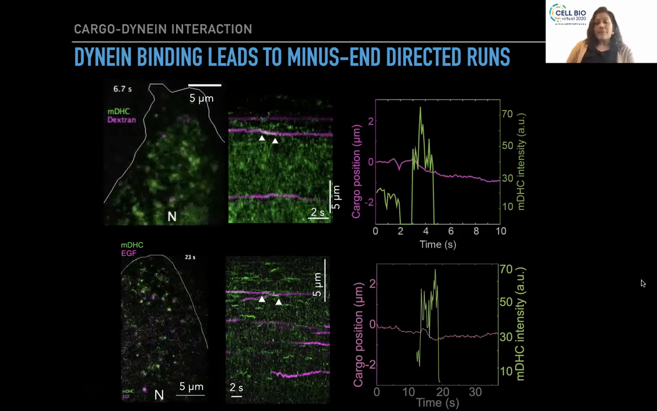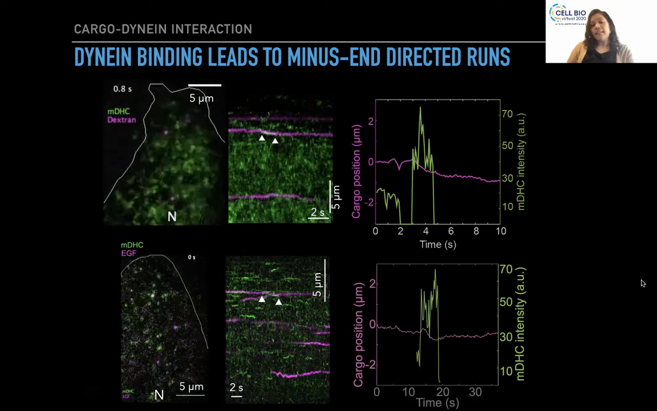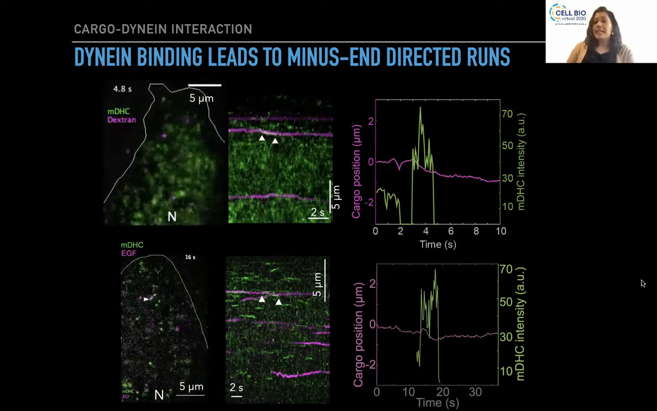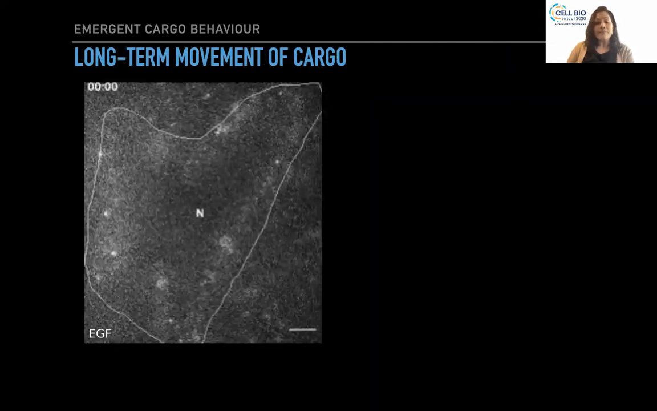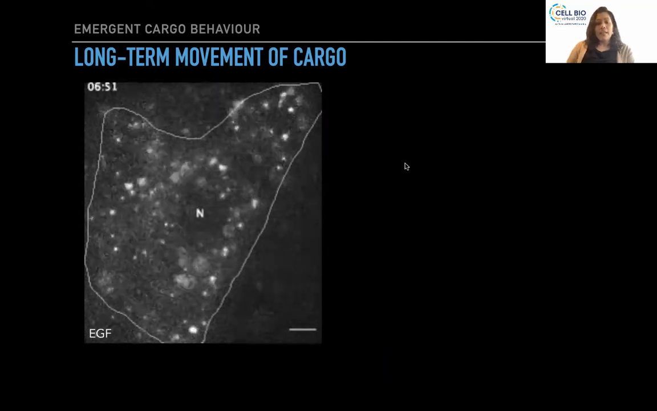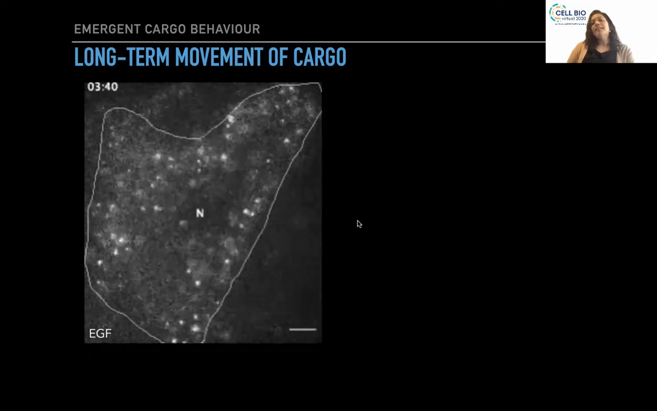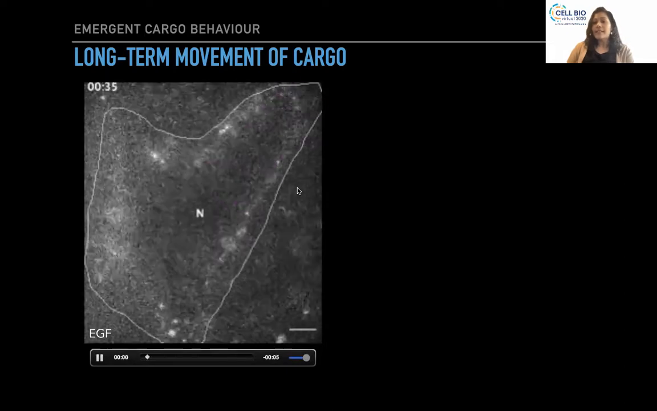So this is interesting. Of course, the question was, can this kind of movement actually lead to long-term movement inside the cell for cargo that are required to move over long distances? And this is where we went ahead and looked at EGF as a cargo. And this is a movie over several tens of minutes. And what you see here is the actual entry of the cargo and subsequent movement towards the minus ends of